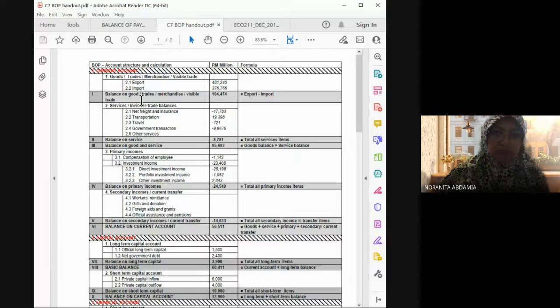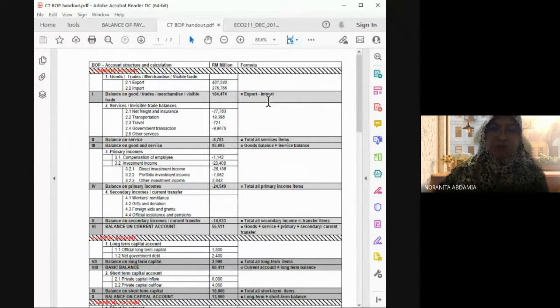When you write your answer, there's no need to write all this complete slash name. Just write whatever is provided in the final. If the question just mentions trade balance, just write trade balance. No need for all the slashes. The information I gave you is only the other names of this account. So how do we calculate the total of this account? Look at the formula on the right side. What is the formula? Export minus import. As simple as that.